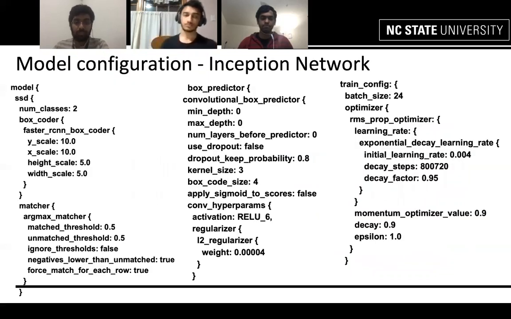For the model configuration, we had multiple configuration parameters we could use. The number of classes, in our case the leaves and the collar, we set as 2, and the kernel size as 3, because it was an Inception-based network, which in version 2 sets it as 3. We used ReLU as the activation function, and we changed a few other hyperparameters to get better accuracy.